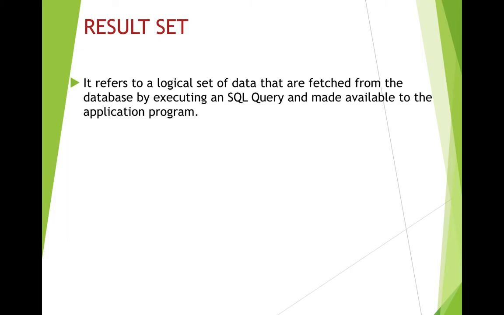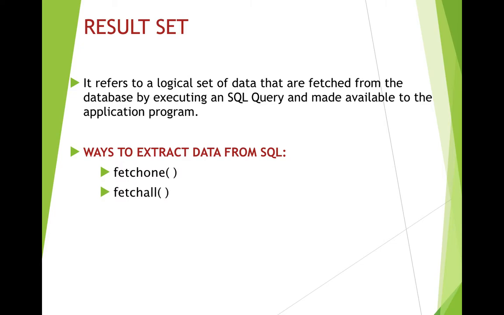Next we go to the concept of result set. What is a result set? It refers to the logical set of data that is fetched from the database by executing an SQL query and made available to the application program. Whatever data is present in SQL, all the data, is known as your result set. Our main aim in this part is to bring the result set from SQL and display it via the Python programming language. Now there are various ways or functions to extract data from SQL based on our needs, and the different ways are as follows. First, we have three functions.